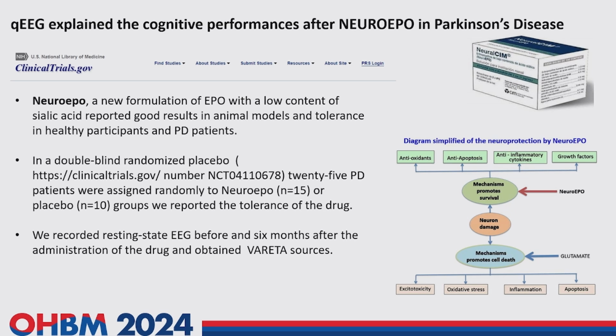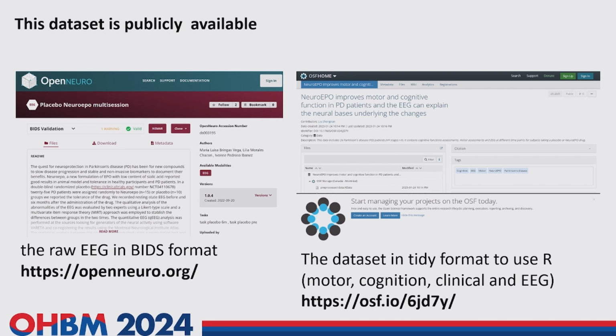In a double-blind randomized placebo trial, 25 Parkinson patients were assigned randomly to neuro-EPO or placebo groups, and we reported the tolerance of the drug. We recorded resting state EEG before and 6 months after the administration of the drug and obtained the VARETA sources. Here you can see where the data set is available,